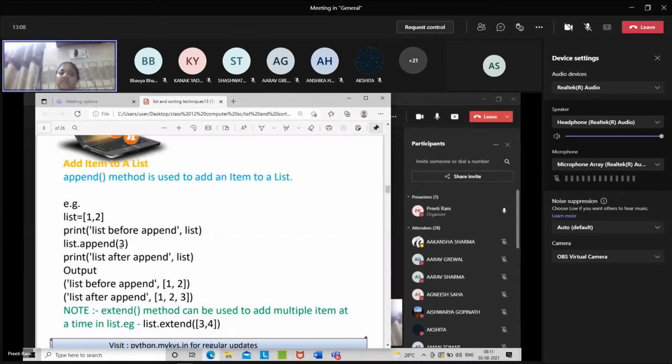We can give multiple elements in the append also, but it will assume it as a single element there. तो क्या करेगा? If you are giving 5 elements to this list, so the collection of 5 elements will become one element. It means it will work as a nested list. वो bracket के अंदर bracket डालकर कर देगा. I think these examples we have already done in the last classes. See.